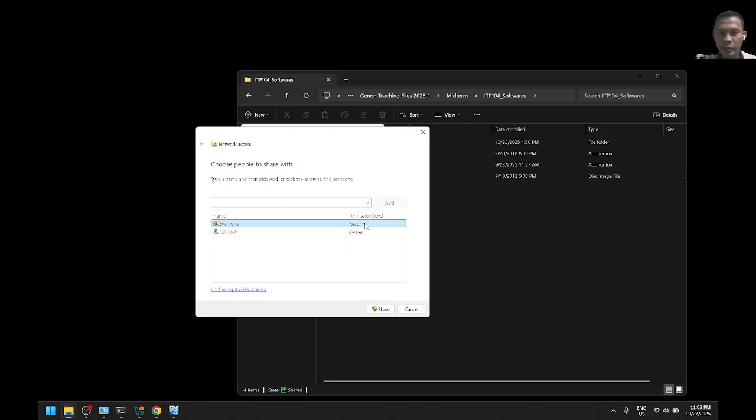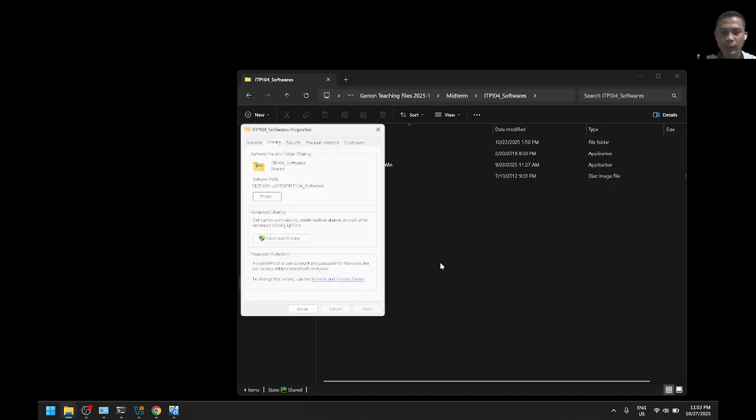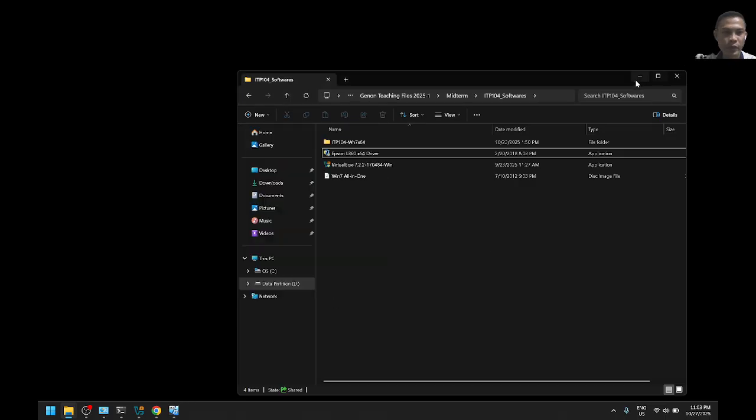Then for the permission level of everyone, I just want read, so that other persons who access the network can only read or copy files from this folder and cannot add. So share, then done, and close this window.